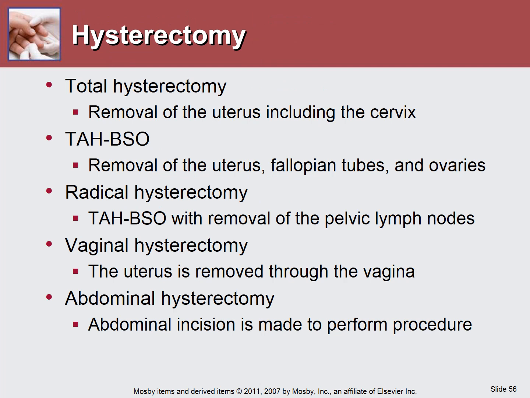Hysterectomy is the removal of the uterus, including the cervix. TAH-BSO is removal of the uterus, fallopian tubes, and ovaries. Radical hysterectomy is removing the uterus, fallopian tubes, ovaries, and the pelvic lymph nodes. Vaginal hysterectomy is when the uterus is removed through the vagina. Abdominal hysterectomy is when an abdominal incision is made to perform the procedure. So there are different ways to do the surgery. And then you have, next slide,